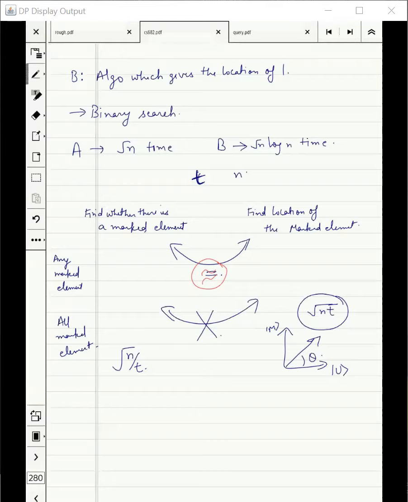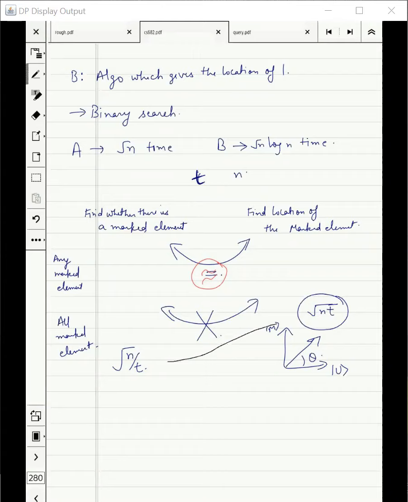And if you want the precise statement, their complexities can differ by at most a log n. That would be the precise statement. So why can't we apply this binary search algorithm in the second case when we have more than one mark? You can apply binary search, but it will only give you one marked element, right? And then you will have to find another one, so you will have to repeat. So you will have to repeat it t times, right?